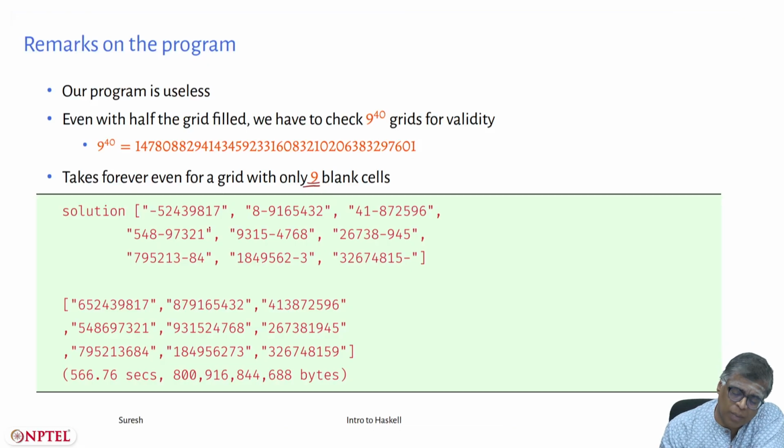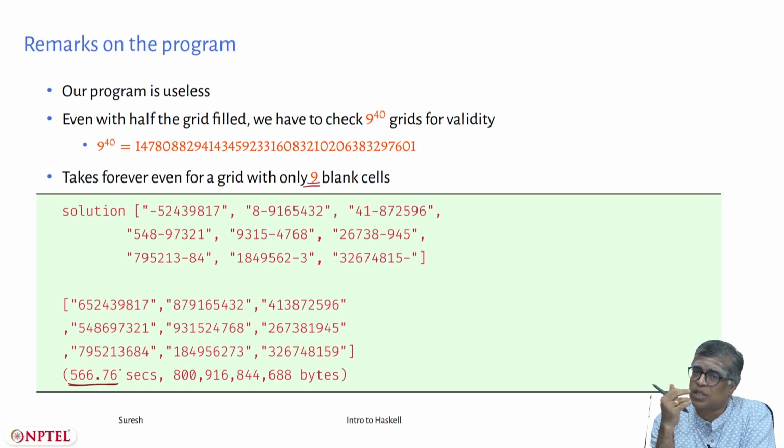But if I run this program on this particularly trivial instance of the Sudoku problem, you see that, these are not the latest figures. This was on some different machine some years ago, but the point still stands. When I ran it, it took 560 seconds, which is almost 600 seconds, almost 10 minutes. You shouldn't be taking 10 minutes on a Sudoku problem where each row has only one cell free.